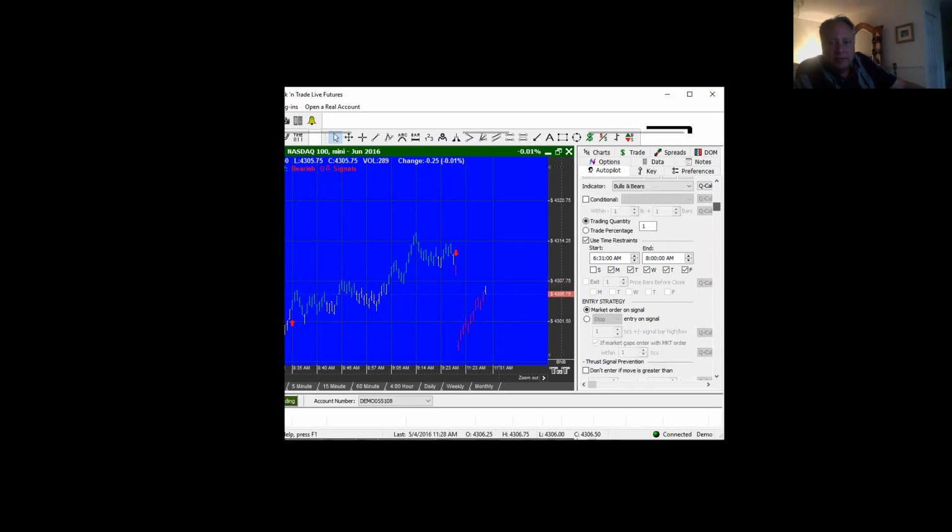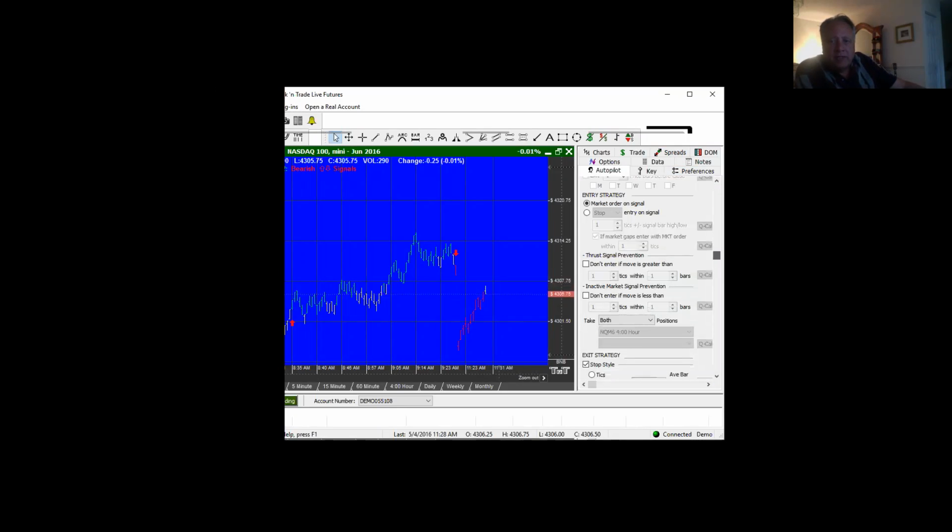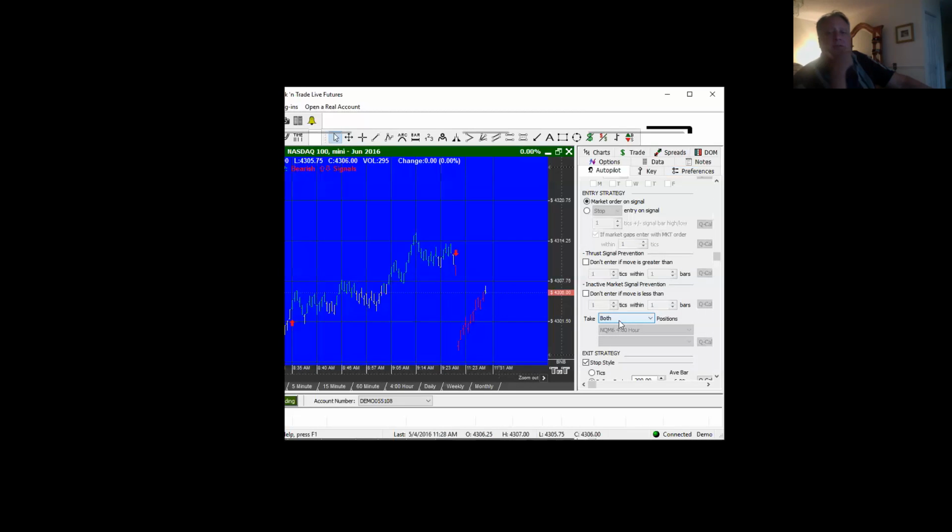Scroll down. Right there where it says take both. This is a good spot to play because now you can force it to go long or short, which a lot of times I've been using, and I've been having some really good results with that. If I see the sentiment on the day is negative, and the S&P or the NASDAQ or whatever you're trading is down, you may only want to set this thing up for today to go short. But for now, you're just doing a